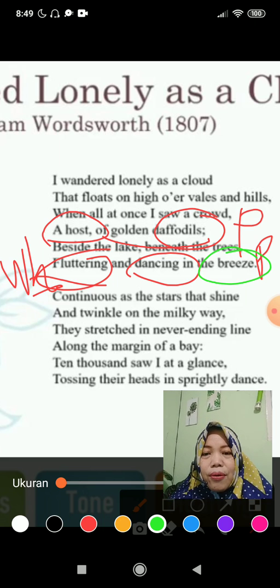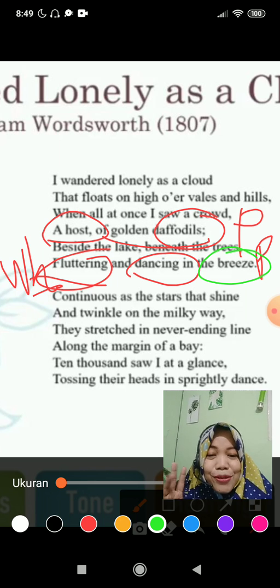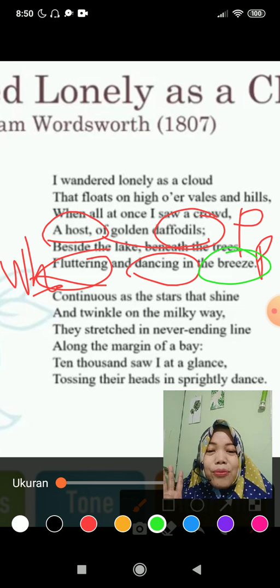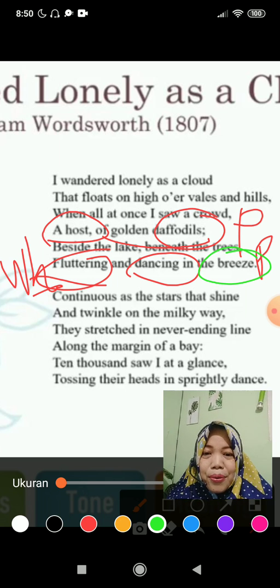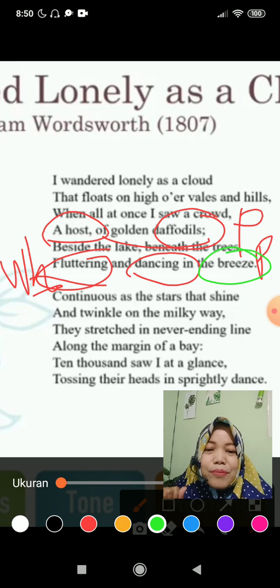And then we can say that we know about the meaning of the poem by reading it. Not only once is enough for reading that one. It's more than three times. So we know what is the tone, what is the form, and then what is the imagery or the poetic devices, and then the meaning of the devices. So we can know about the moral values of the poem. So keep learning about that, keep doing goodness, because keep learning